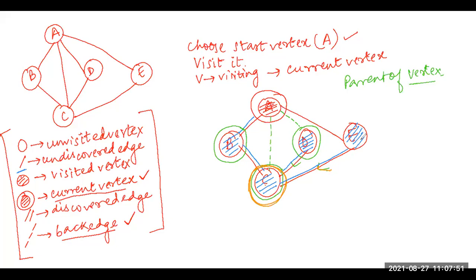Fine. I have now reached E. Now I will again look from E. First I will change this to my current vertex symbol. Now I start looking. From E, the only undiscovered edge is this one, because this is already a discovered edge. Only undiscovered means only a single line edge; these are all double lines. But this vertex is already visited, so we will not take this edge into consideration and we will mark it as a back edge. We will dash it. Are there any undiscovered edges left from E?